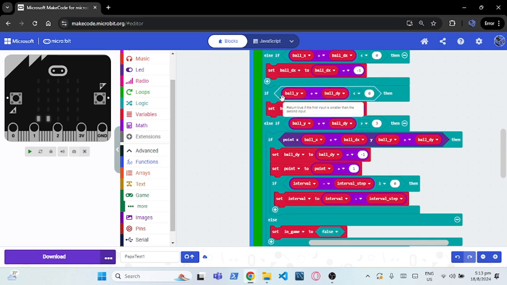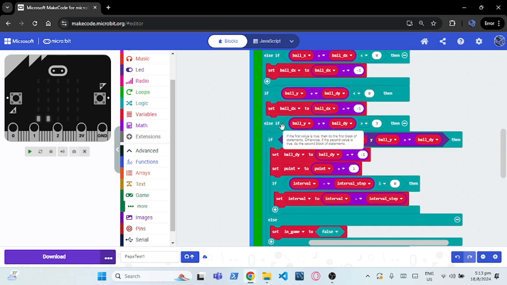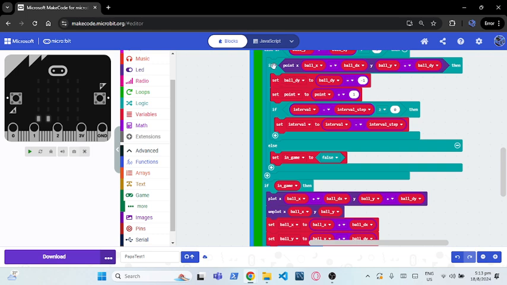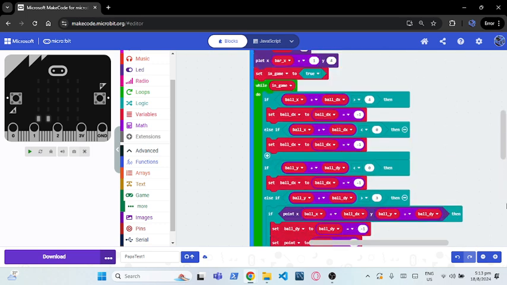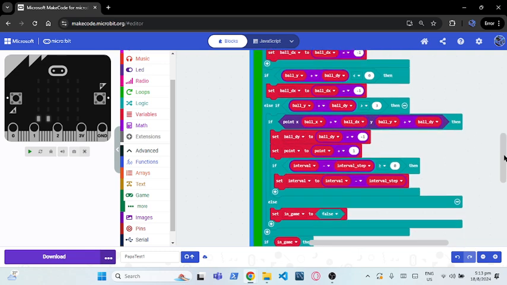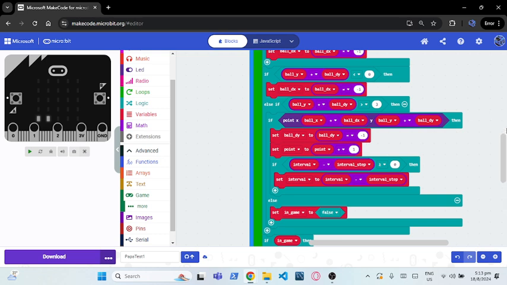So let's check in the code in this way. Our if is done, then we have an else if which inside has that point. That point code has an else and an if inside it, and after that we have the in game. So we have the ball x thing done, but we have to go on the y because something in the y is definitely wrong. Okay, so if ball y plus ball dy is lesser than 0, then